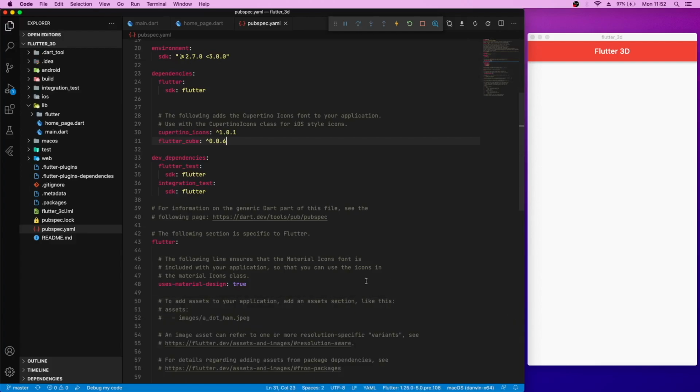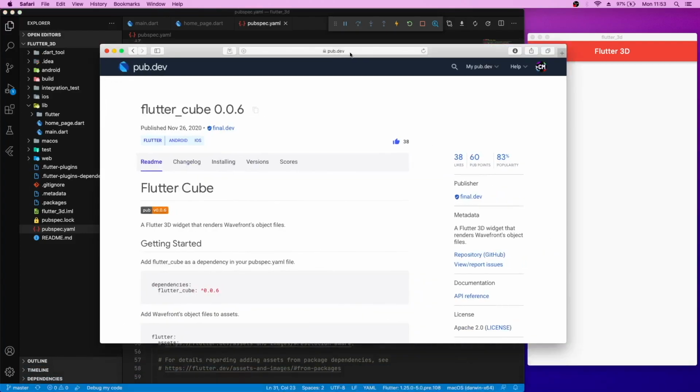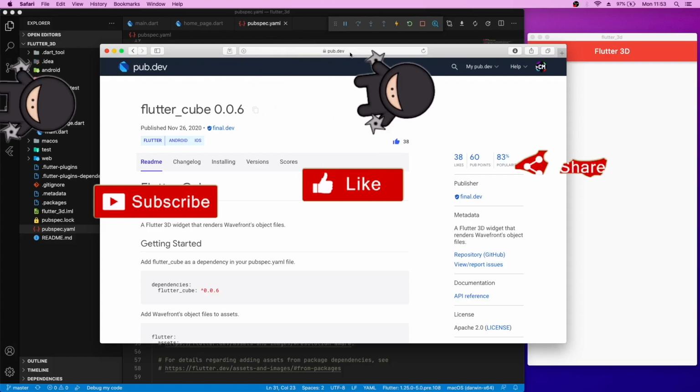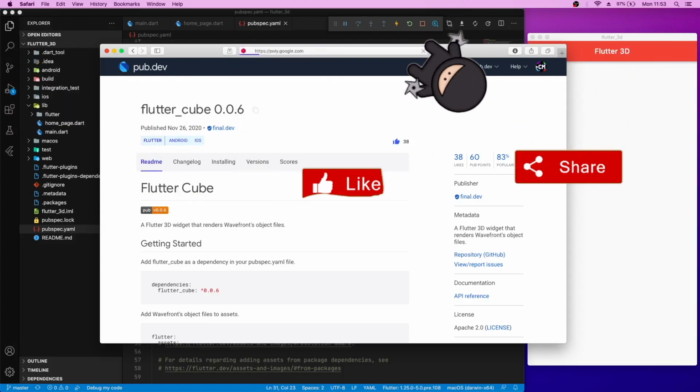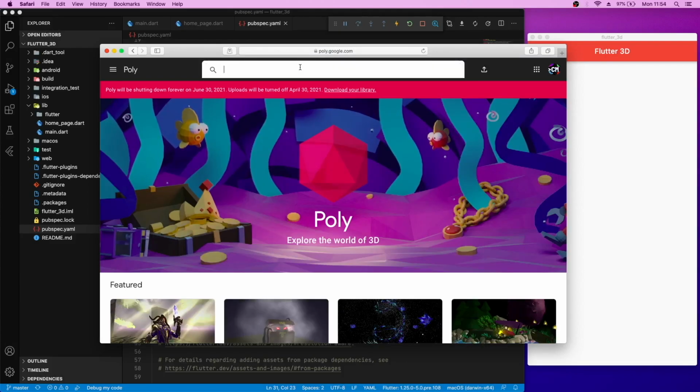So now what we need to do is download a 3D object. For that, let's go to the internet again, and I usually download 3D objects from Google Poly. You can use 3D objects that you created or downloaded from anywhere else. So let's go to the Google Poly website. Let's search for something, vehicle.